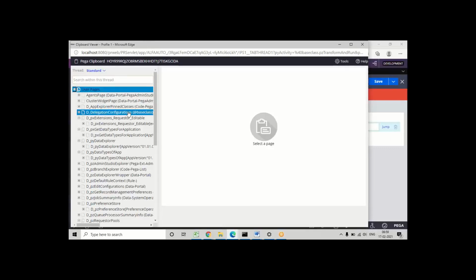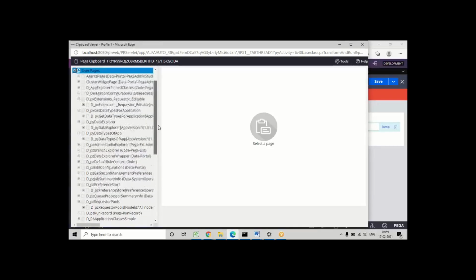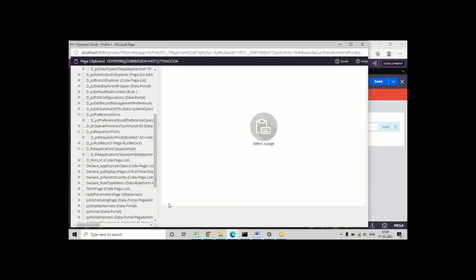See, under the user pages, now you have to search for that fetch page. You have to search because in the method parameters the page name is given, right? You can see fetch page, and this page will always have a reference class when you fetch multiple records. That is, if you're using Obj-Browse or RDB-List methods, the results will be assigned to a predefined list class called Code-Pega-List. So anytime you fetch multiple records, or use Obj-Browse or RDB-List, the user page will be assigned to this list class, Code-Pega-List, and expand this one.